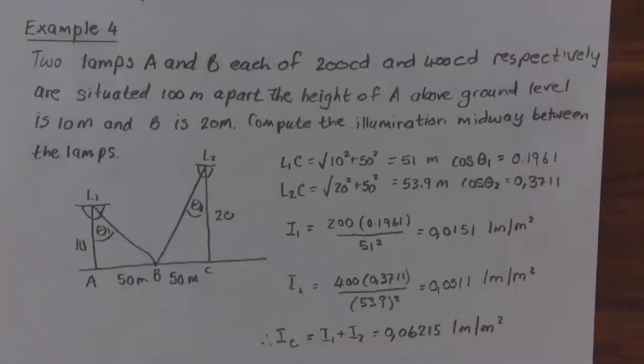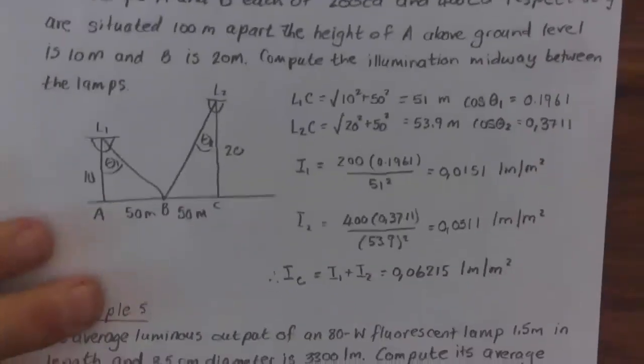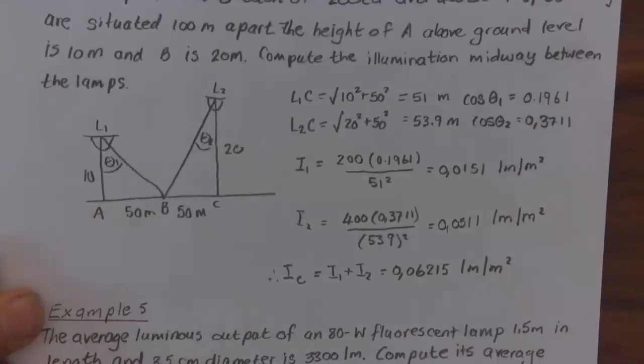So L1C is the square root of 10 squared plus 50 squared, which is 51. And the cos of the angle calculates to be 0.1961. L2 is the square root of 20 squared plus 50 squared, which gives us 53.9 meters, and cos theta 2 is 0.3711. And therefore I1 is 200 times 0.196 divided by 51 squared,